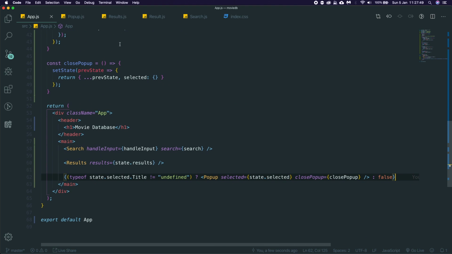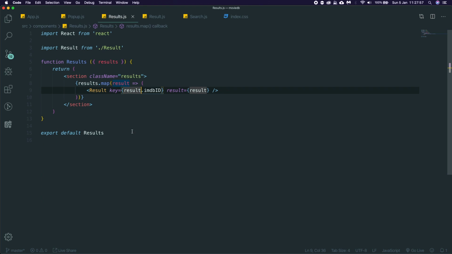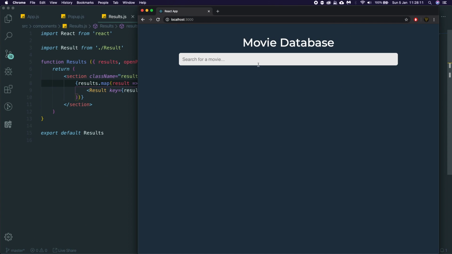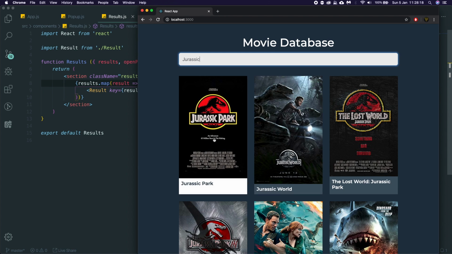That is pretty simple. We now need to actually pass through results an openPopup. So we're going to say openPopup is equal to openPopup. We're then going to go into results, and we're going to bring openPopup through. And then on this result, we're going to say onClick is equal to openPopup. Hit save. If we now go back to our app and search for something, what about Jurassic? This should bring up Jurassic Park. If we click it,